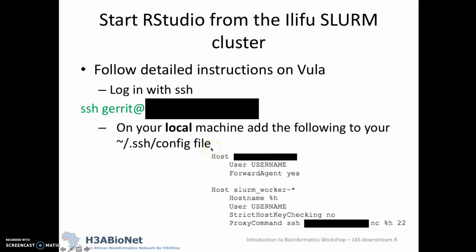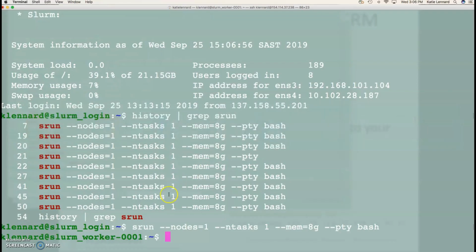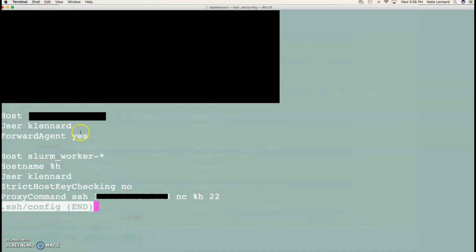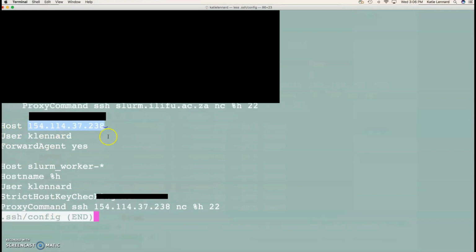If I go to my own SSH file just to show you guys, so I'm going to open a new window. Now you can see, in my case I've got my username and I've got all that information for this specific host. So if you'll just do that,